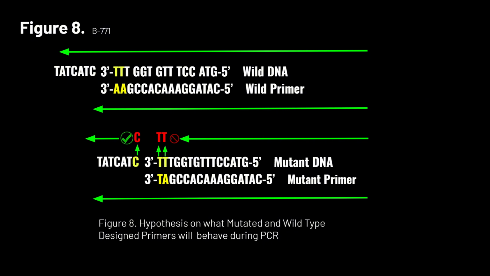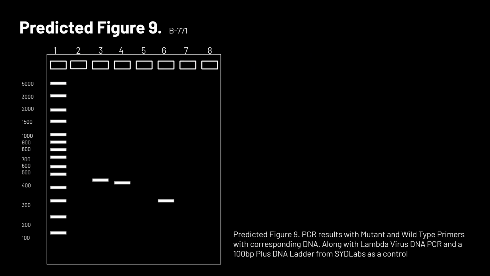For figure 9, it is a predicted figure for what we expect the gel electrophoresis results will look like with the design primers. The top of the figure represents the wells and which number they are, and then the left side is the expected base pair length amounts. Well 1 is the 100 base pair plus DNA ladder by SID Labs, which we are using in our lab. Well 3 contains the wild type PCR product, and well 4 contains the mutant type PCR product, and then finally